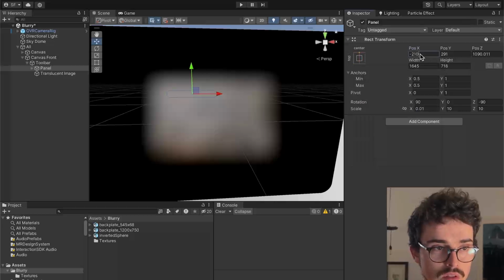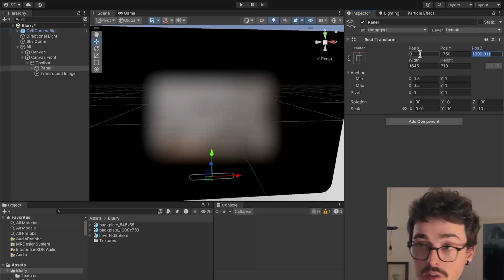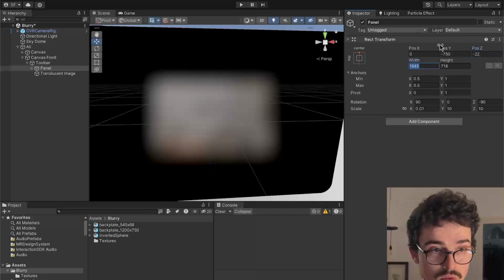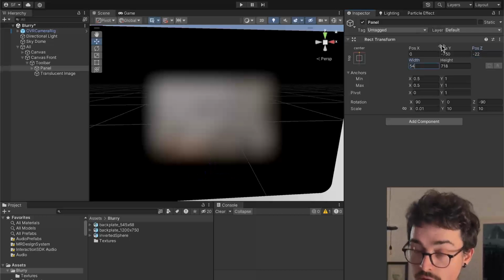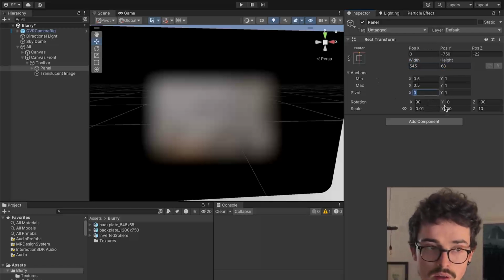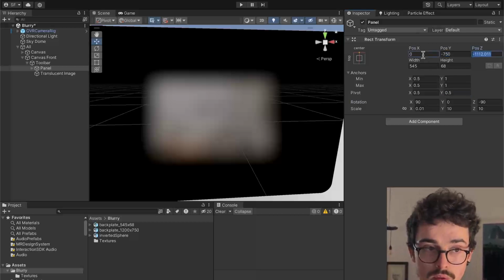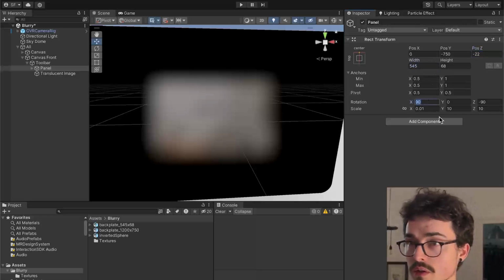We'll also have this 0, minus 750 and minus 225 and 68, and here 0.5. Okay, no rotation,